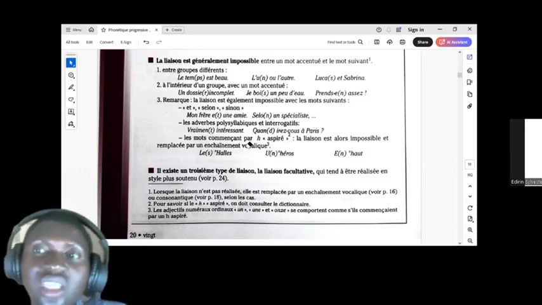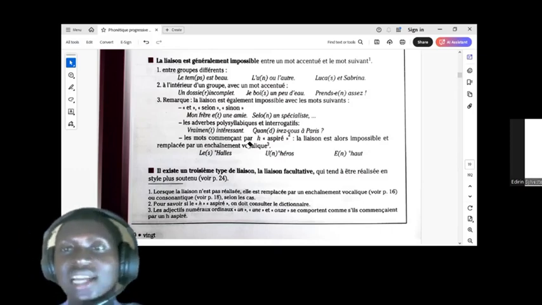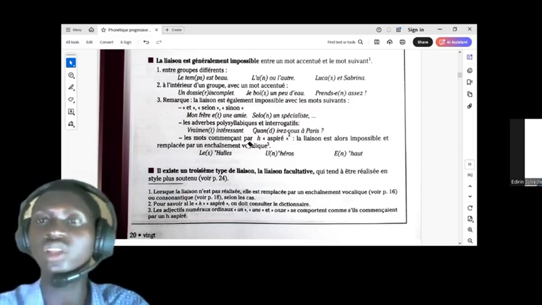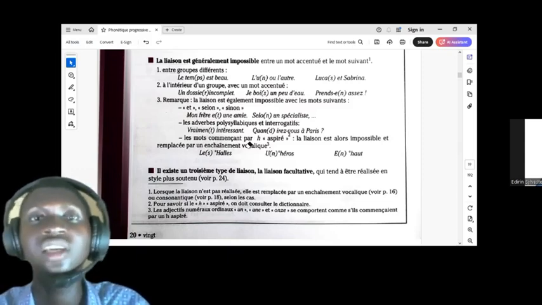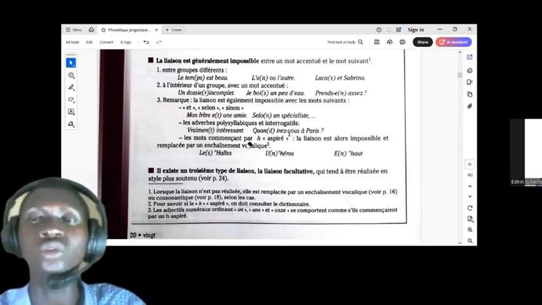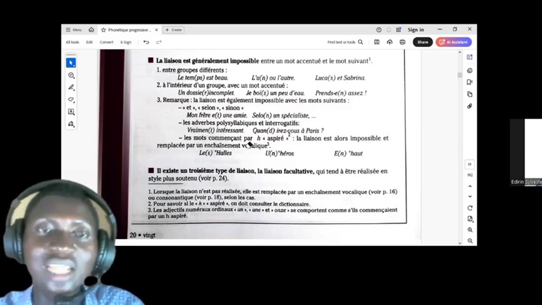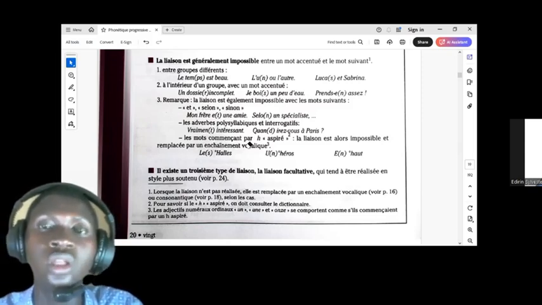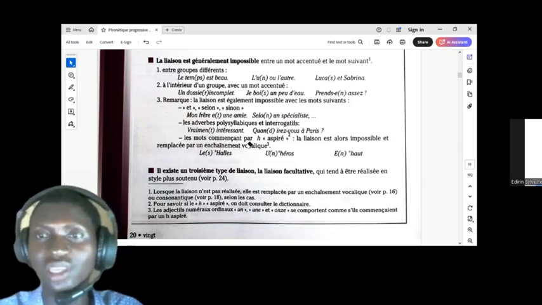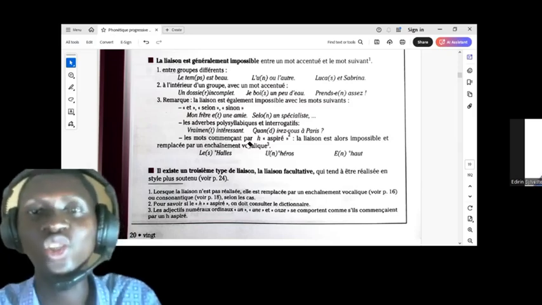So for continuity we have either l'enchaînement vocalique, l'enchaînement consonantique, and liaison. Enchaînement vocalique is the fact that there is a pronounced vowel here linked to the next vowel that is pronounced. Now for consonantique, there is a pronounced consonant here linked to a vowel pronounced in the next word. But for liaison, this consonant is not pronounced. It's a silent consonant in the word. But because of the vowel that begins the next word, it is now pronounced. Call it liaison. And there are three types of liaison: liaison obligatoire, liaison facultative, liaison interdite, which we have seen so far.